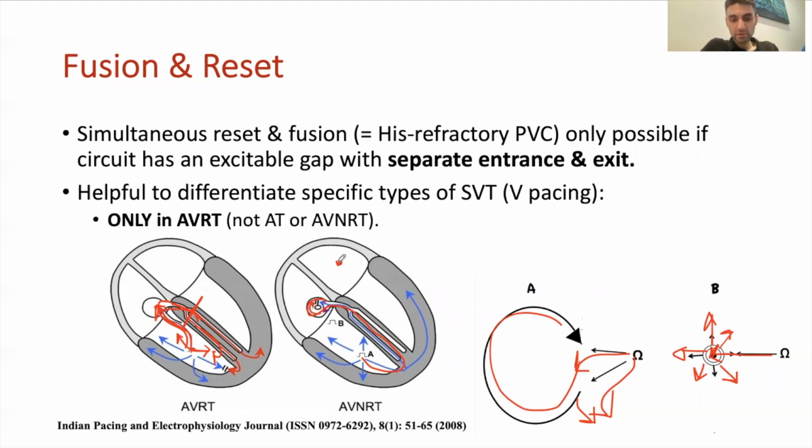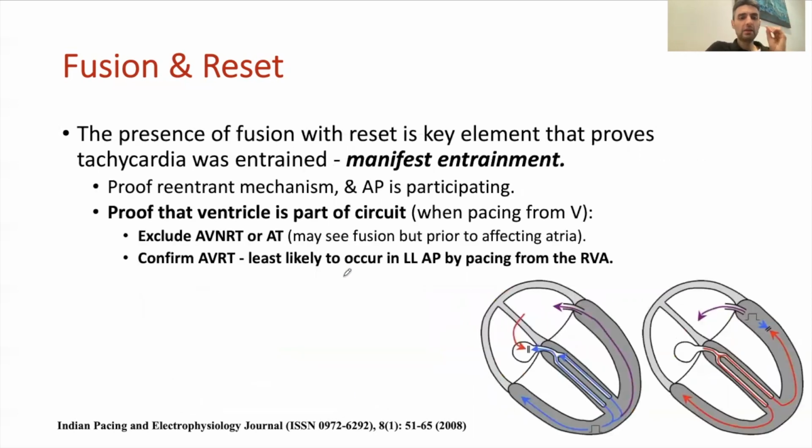In order to get to the circuit, you have to pace fast. You retrogradely go up the His and then into the circuit. Okay, so you will not be able to fuse. So when you note fusion and reset, this is called manifest entrainment, and that proves the re-entry mechanism,